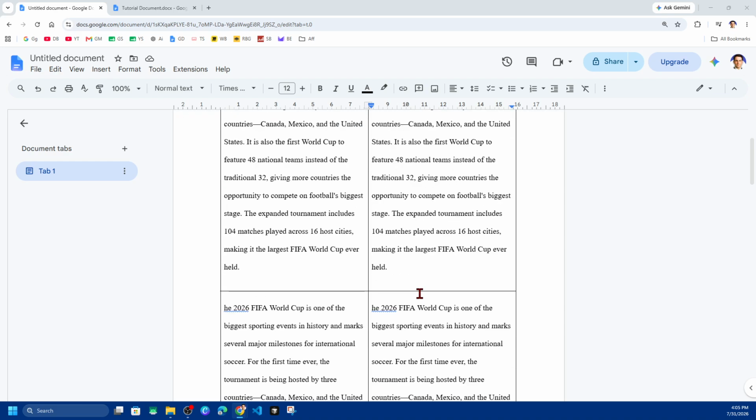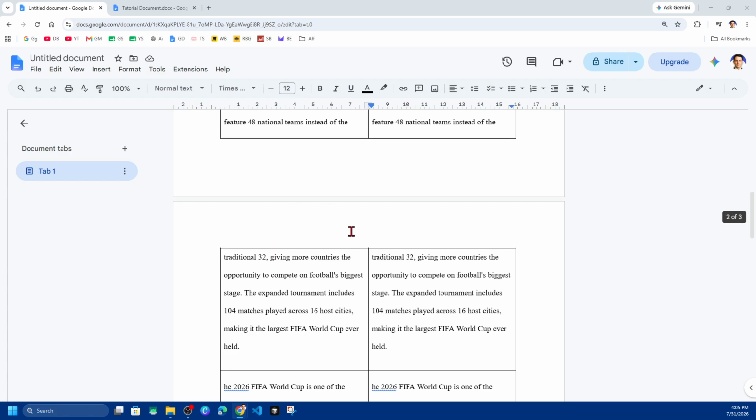Hey guys, in this video I'm going to show you how to stop table rows from splitting across pages inside